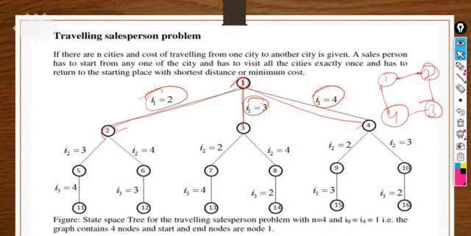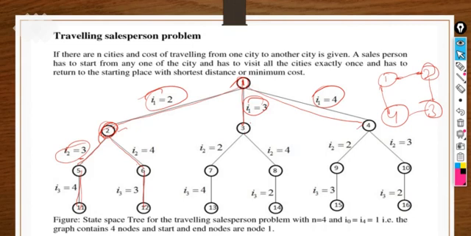So for the i1 value, if we explore the i value 2, that means we are exploring the second node. After 1, we are coming to the second node. Then what are the options left? For i2, node 3 we have to traverse, then node 4, right? But one more thing here: in level by level traversal, we have to explore level wise first. Like, what are the two options with node 2? Either it can go to 3 or 4. If it is going to 3, next we have 4. If it is going to 4, next we have 3, right?